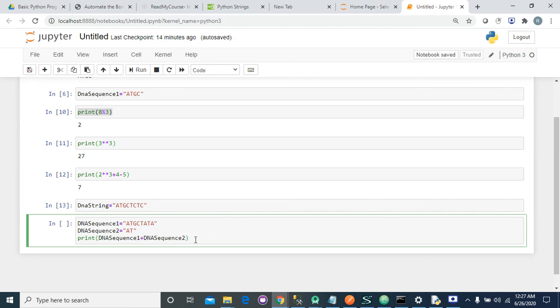What will be the output of print DNA sequence 1 plus DNA sequence 2? It will be ATCTA, after AT is appended.